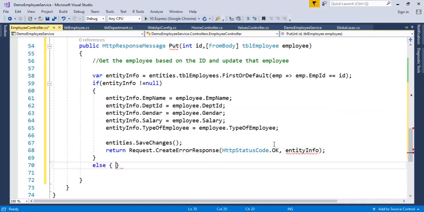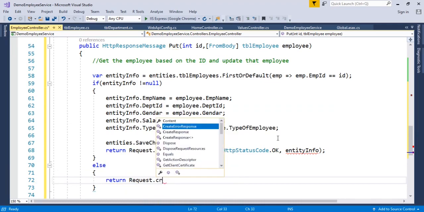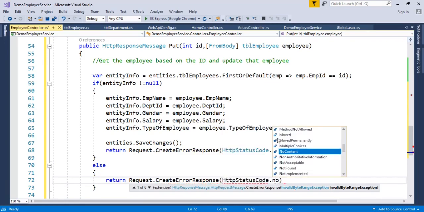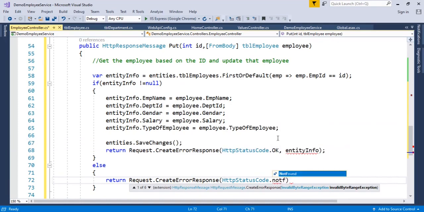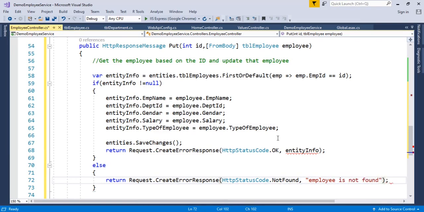Else means the record is not present, then in that case return request dot create error response. This time we are going to return an error response. Http status code dot not found, the employee object is not found. Employee is not found for that employee id. Okay, that's it. This is for entity info I have created outside, right?